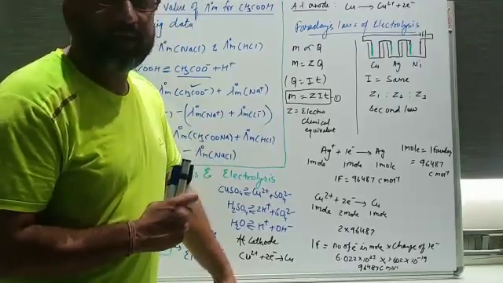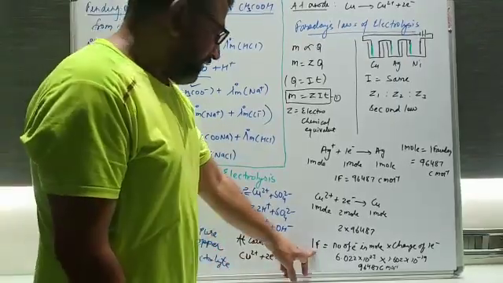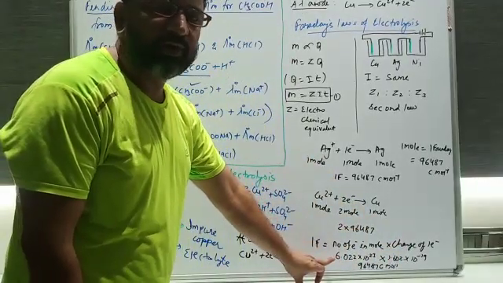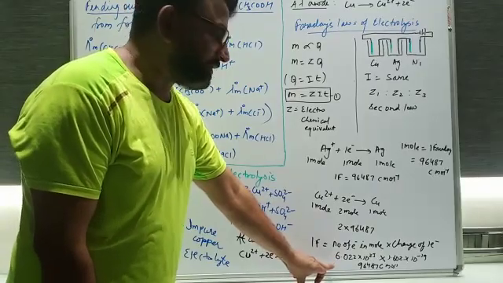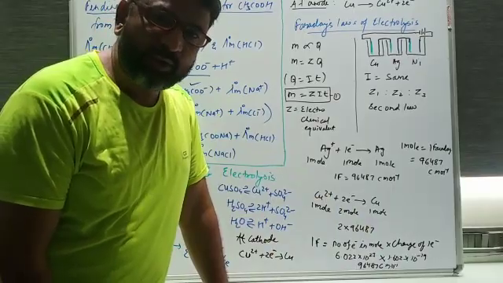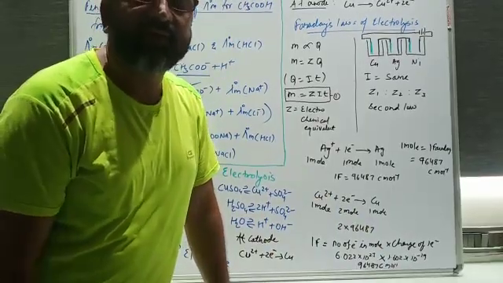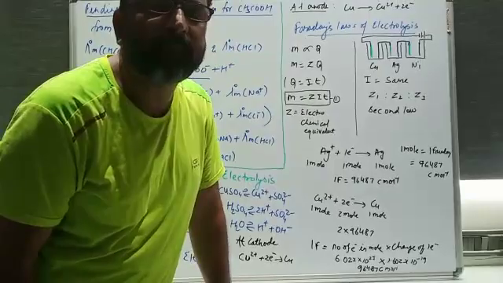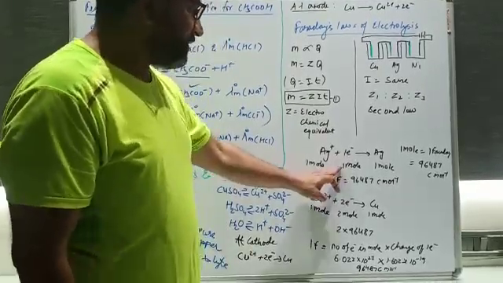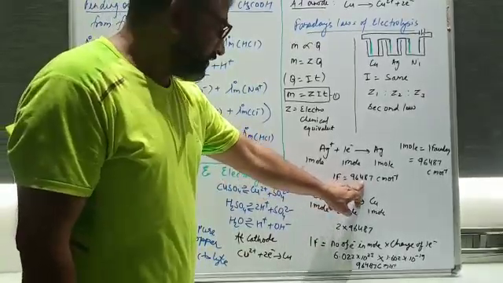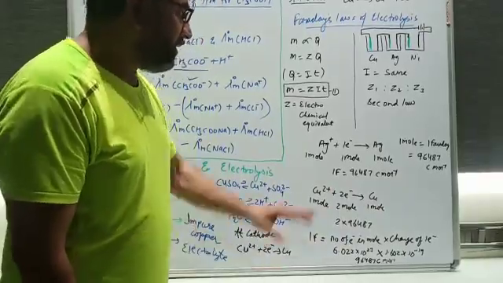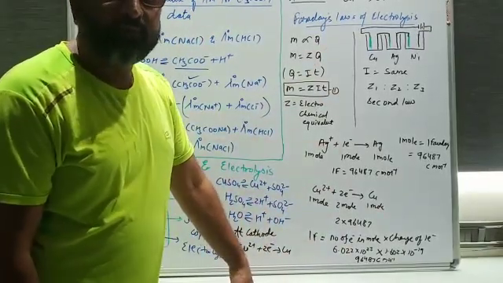So by this method we can calculate 1 Faraday. The number of electrons in 1 mole is 6.022 × 10^23, that is Avogadro's number, and the charge of an electron is taken as 1.602 × 10^-19 coulomb. When you multiply these, we get the value 96487 coulomb per mole. This is the value of 1 Faraday. So here it is 1 Faraday, and here it is 2 Faraday, 2 times this one. Is it clear, students? So this is the way of calculating the number of electrons and the Faradays.